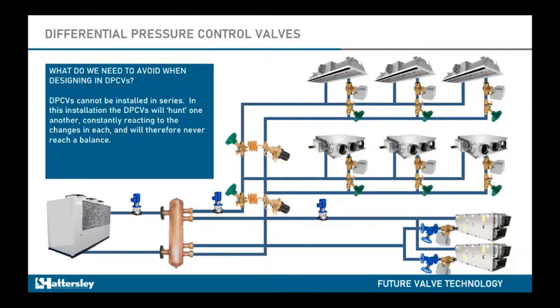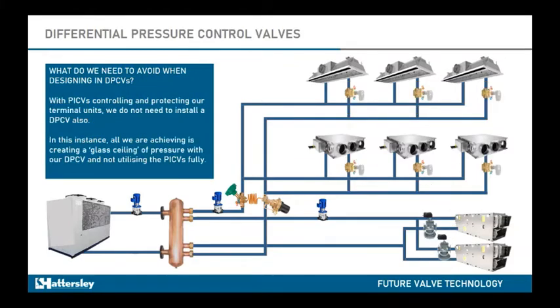DPCVs, like the PICVs I will be going on to in a few moments, there are do's and don'ts. The first one is you cannot really put DPCVs in series. These will hunt each other and you'll get oscillations between the two DPCVs. Also, with which you occasionally see, DPCVs, because of their